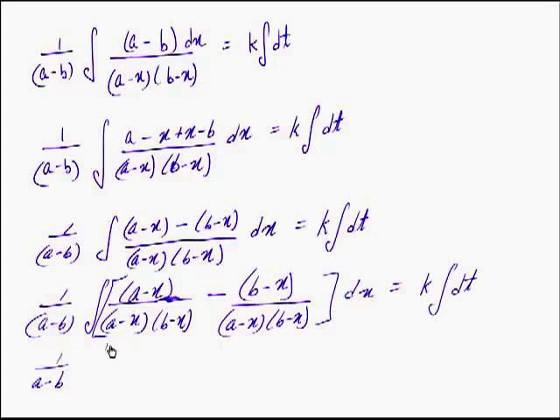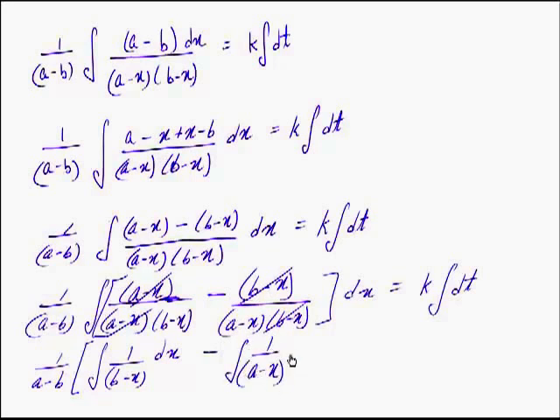Now integral of A minus B is obviously integral of A minus integral of B, and we can also cancel out A minus x out here. So what we are left with is integral of 1 upon B minus x with respect to x minus integral of 1 upon A minus x with respect to x. So now we can apply the formulae for integrating these expressions. Now, as we all know, integral of 1 upon x is log x to the base e.